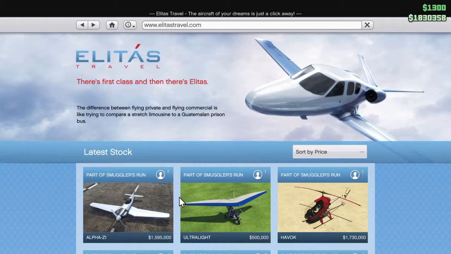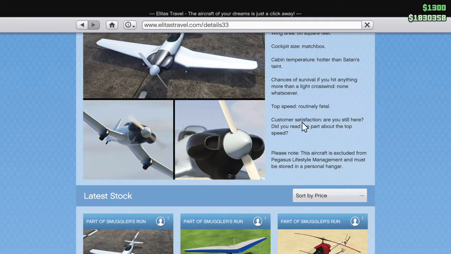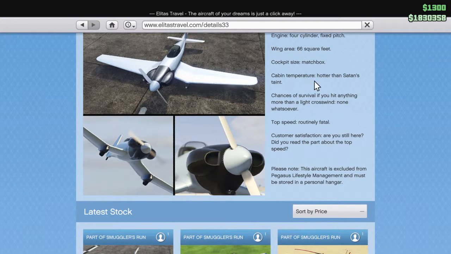You saw how slow the Bombushka was. The Bombushka is either the same speed as this plane, or this plane might be just a little bit faster. But I know a Buzzard could probably beat it. I know for sure any kind of jet plane, anything with jet engines, can beat this plane. And the way they say how fast it is,